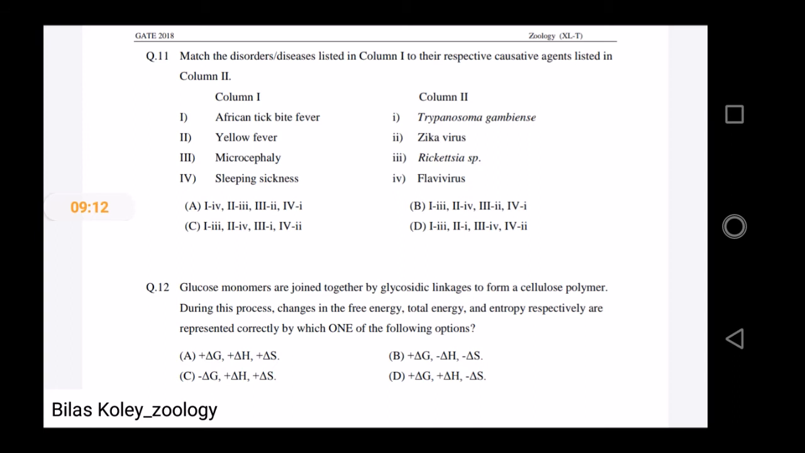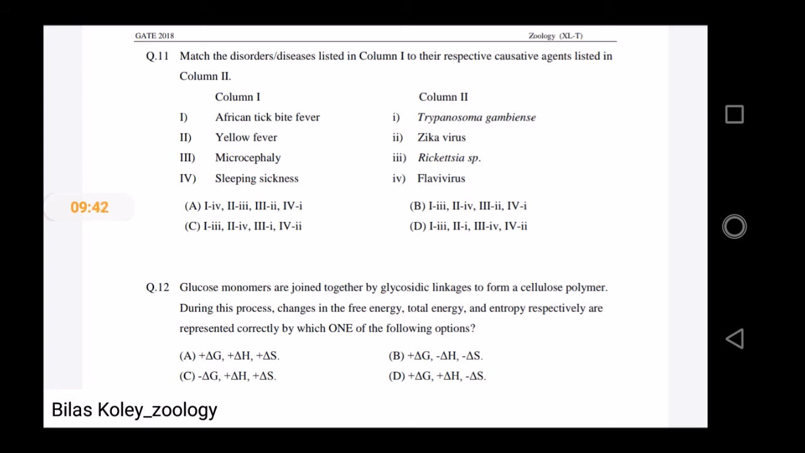Now we will discuss question number 12. Glucose monomers are joined together by glycosidic linkage to form a cellulose polymer. During this process, changes in the free energy, total energy and entropy respectively are represented correctly by which one of the following options? And the options are